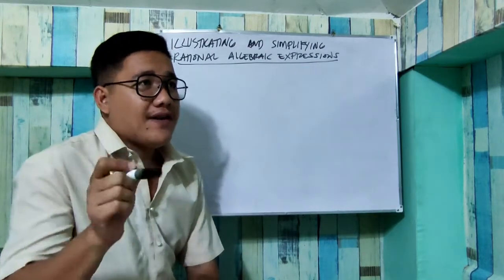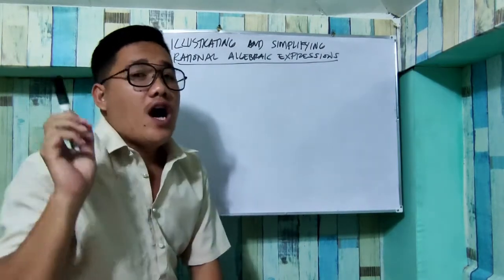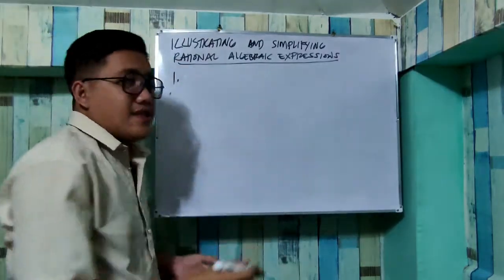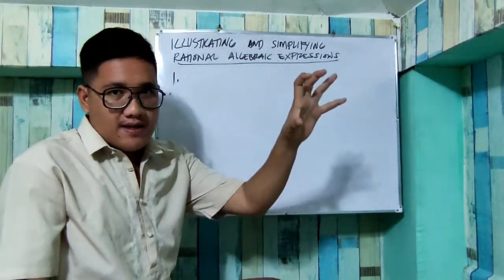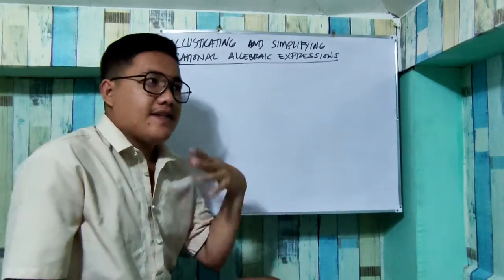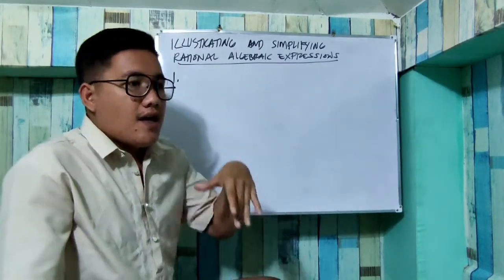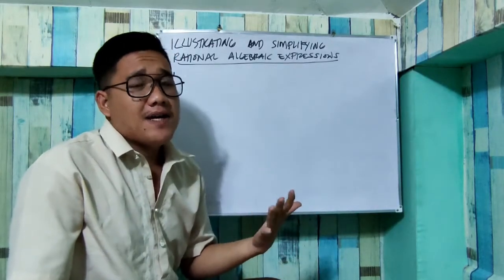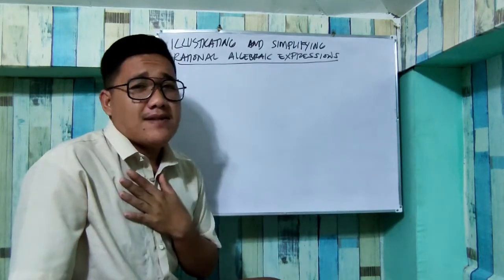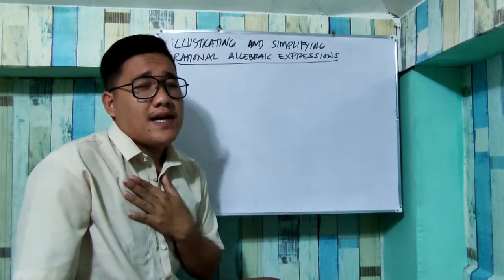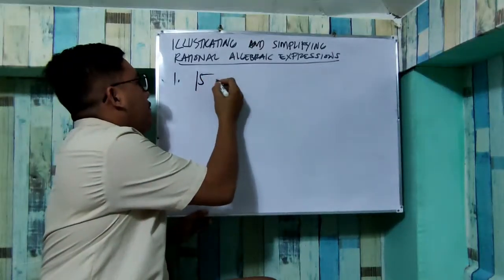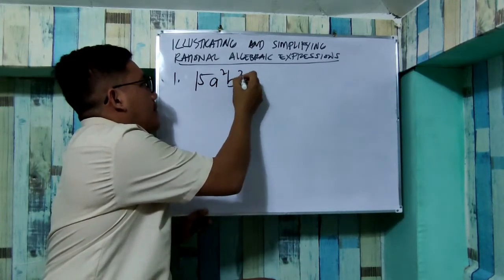So let us have another example para mas malinaw sa inyo. So example din natin simula sa medyo basic, pahirap ng pahirap. Kasi itong simplifying, meaning, yung isang komplikadong bagay, gagawin natin mas simple. Kasi meron naman talaga mga komplikadong bagay na pwede naman pasimplehin na lang. Hindi yung komplikado na, pinapakomplikado pa natin. Diba? So we have 15a squared b squared